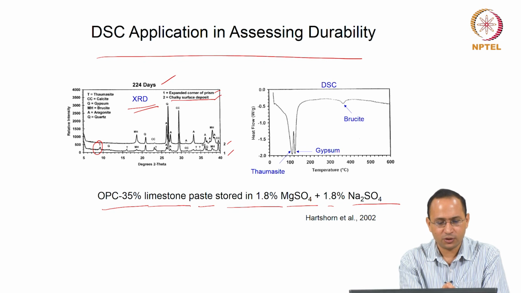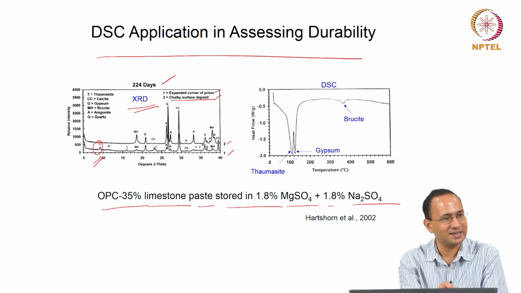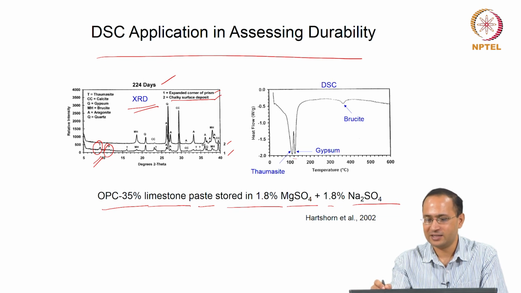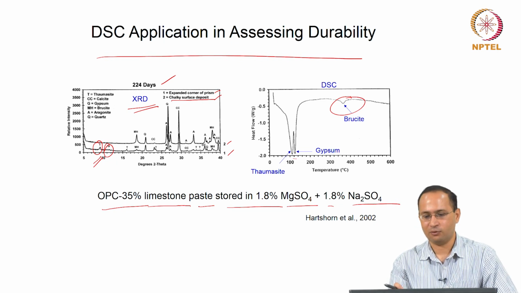But let us look at this. You are seeing the formation of thaumasite, and that can also be confirmed here. We will look at the DSC curve, right. The DSC curve will give you 2 major peaks here, right. One is because of thaumasite and one is because of gypsum. If you look at the XRD, you see formation of both thaumasite and gypsum, right. And there is another signature here, it is because of brucite, magnesium hydroxide, right. So, when you combine techniques, that gives you more insight, right. But one technique can also be used to identify the changes, or phase formation.